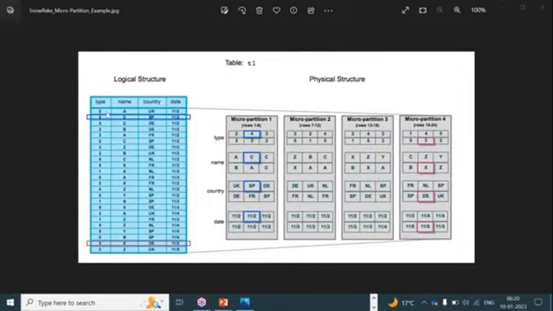So your first record, type is 2. Second column, name is A, and then country, first record is UK, and then date, first record is 11 by 12. So what is the advantage of